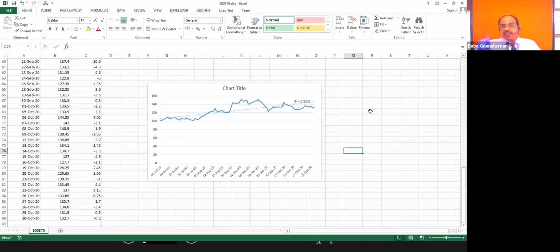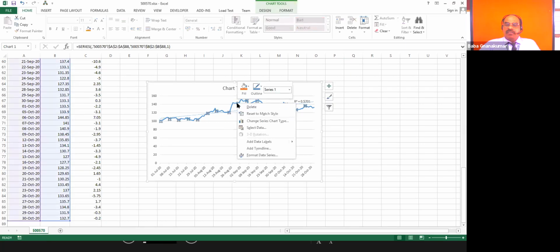Here, it is not in any exponential trend, because of the R square value that I think you might have studied in the QTM paper, in the first semester itself. Based upon that, we conclude that no, this is not going in the exponential trend.